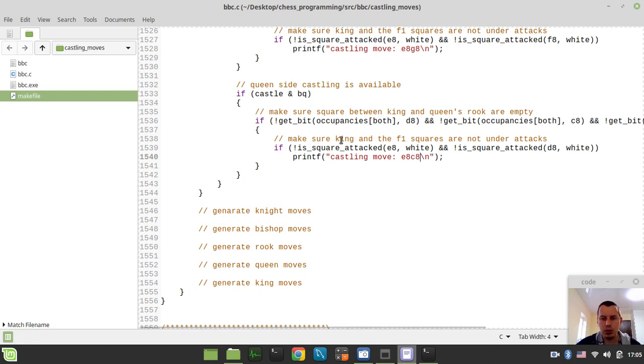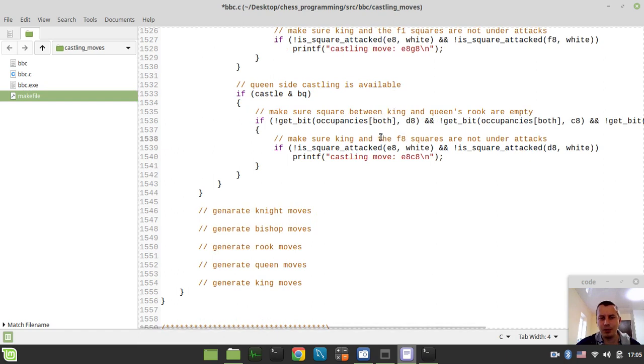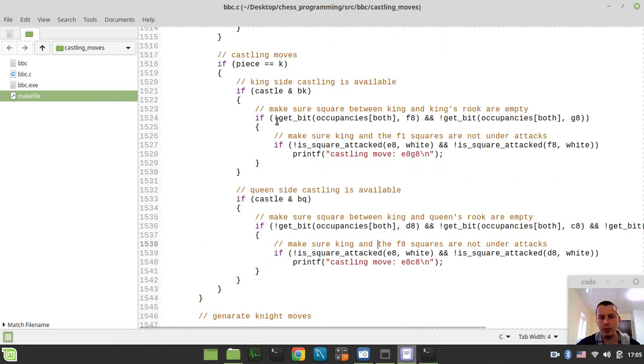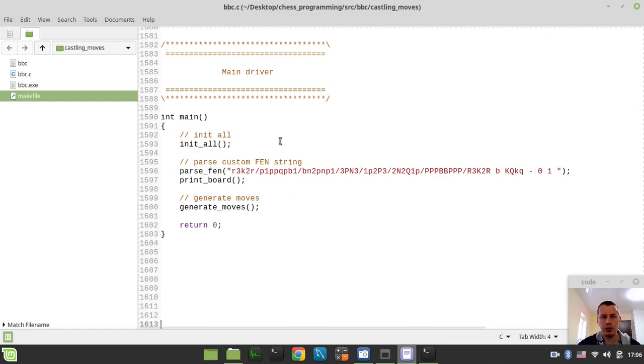So let me just make sure king and f8 squares are not under attack. Well, actually, not exactly. Let me first try to test the code, and if it works, I will then go on to alter these commentaries, because they are not that correct here. So let's go for